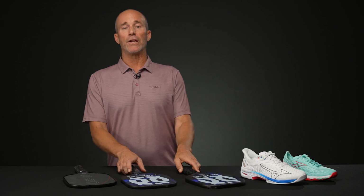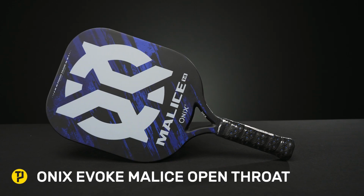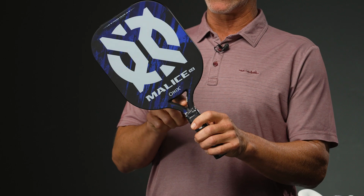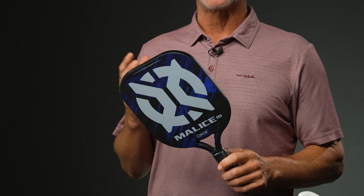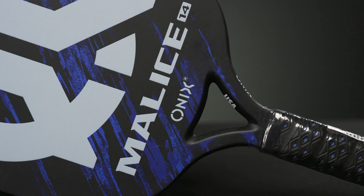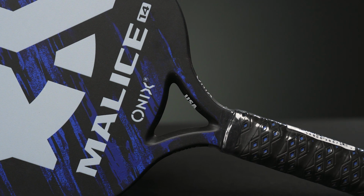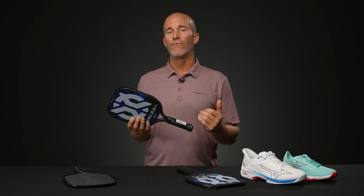Next up, we're going to look at the Malice Open Throat, and this does not have the double bridge design, but it does have the cutout here for airflow. So again, kind of the same dimensions. Both of these paddles operate off the 16-inch length, 8 inches across, 5-inch handle length, 4 1/4